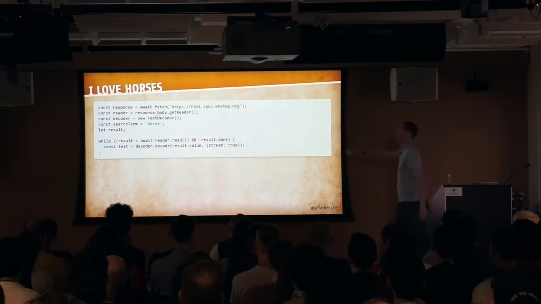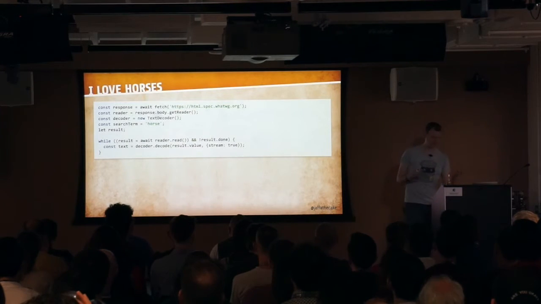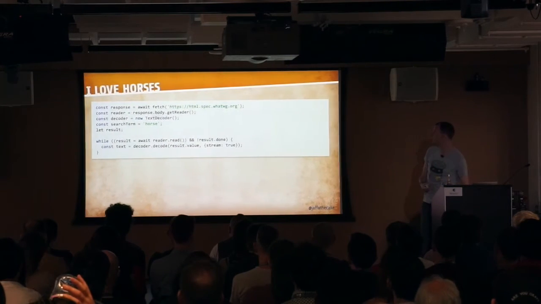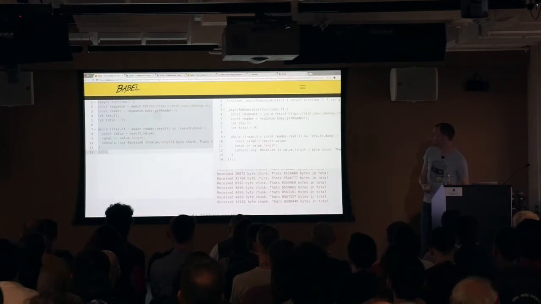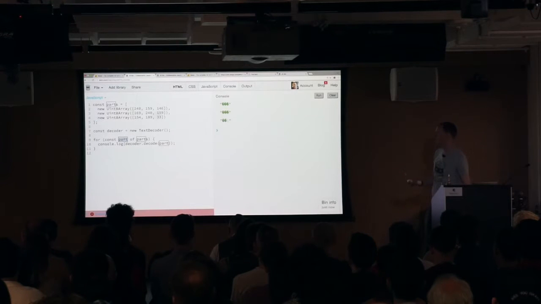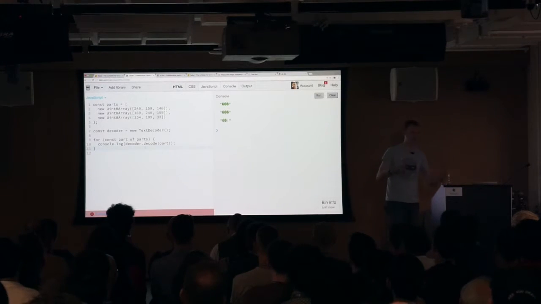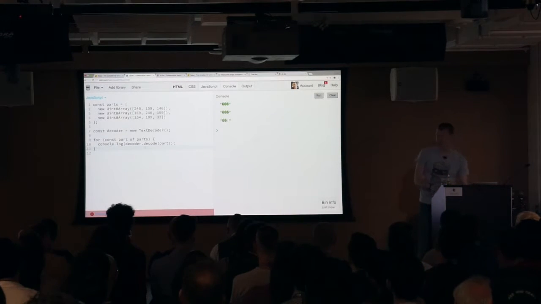The stream: true option here is really important. Without that, things can break. So here I've got 3 chunks of data, 3 Uint8Arrays. Each one's got 3 bytes in it. I'm going to create a text decoder, and then for each part in those parts, I'm going to decode it and log it out. And as you can see, everything has gone a bit broken. It's broken text. But if I add stream: true to it,